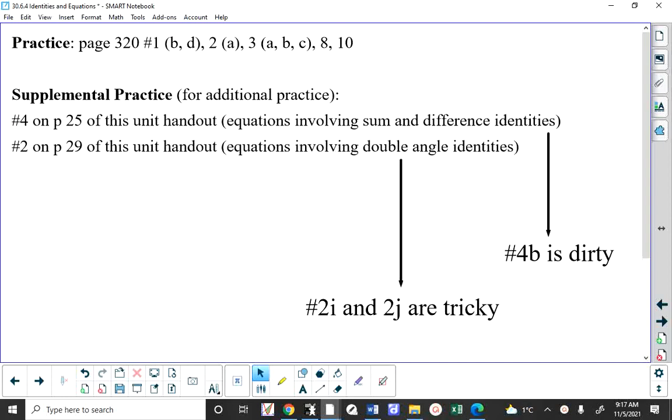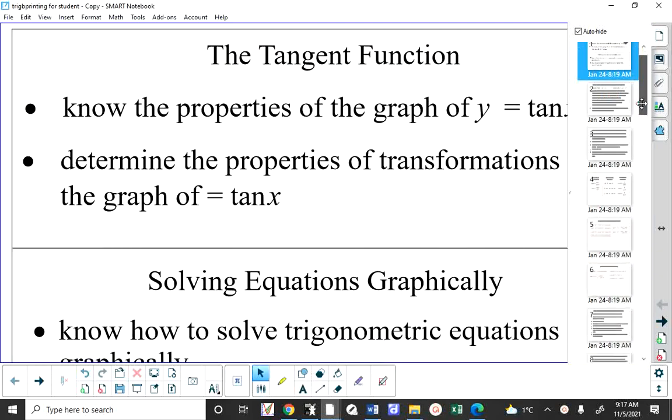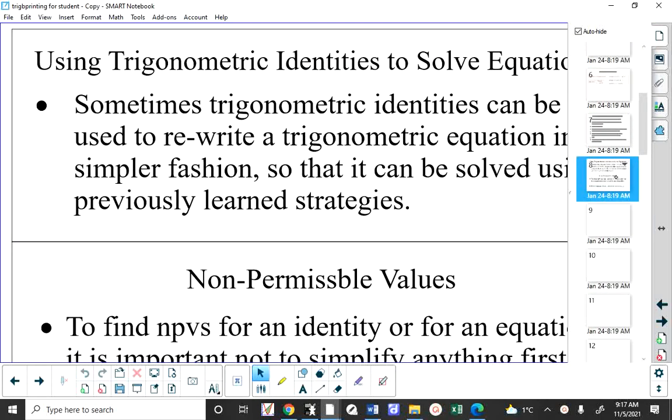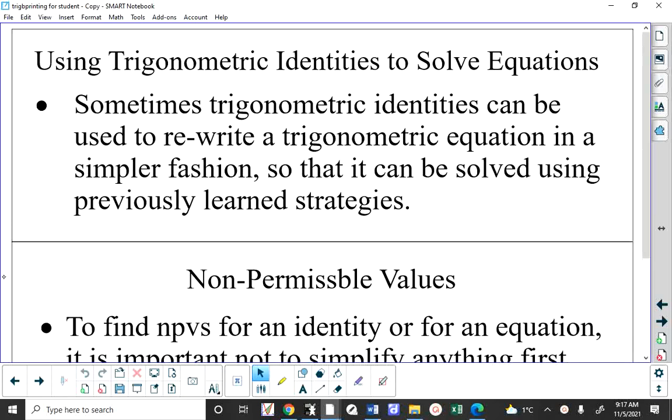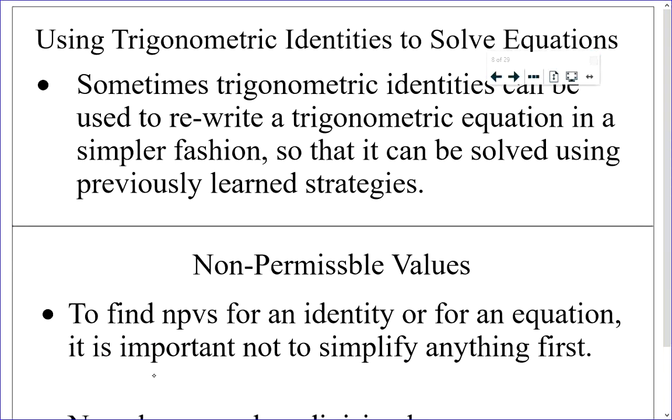What you're doing essentially with the problems in this practice problem set is you are rewriting trigonometric equations into a different form using trigonometric identities. Very specifically, and you were going to get this in a handout here in a bit, the top of this page is showing what I'm talking about here, that you can use trigonometric identities to solve equations by rewriting the trigonometric equation in a simpler fashion by employing